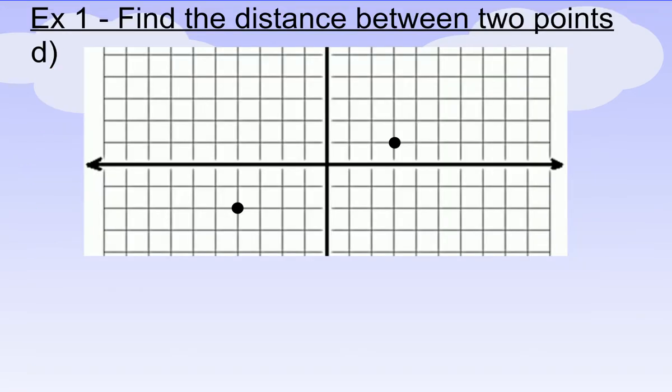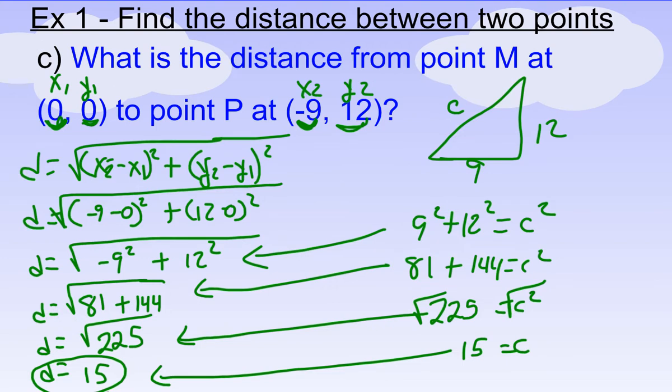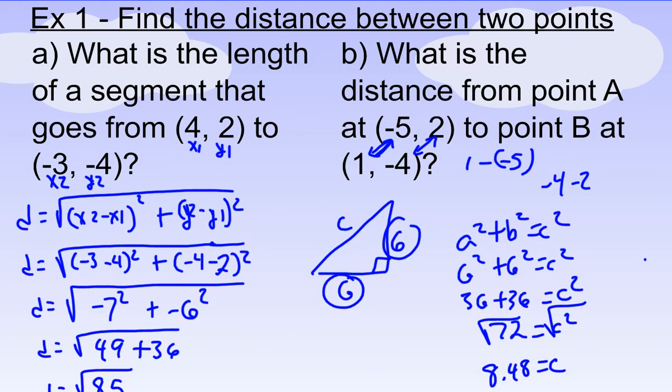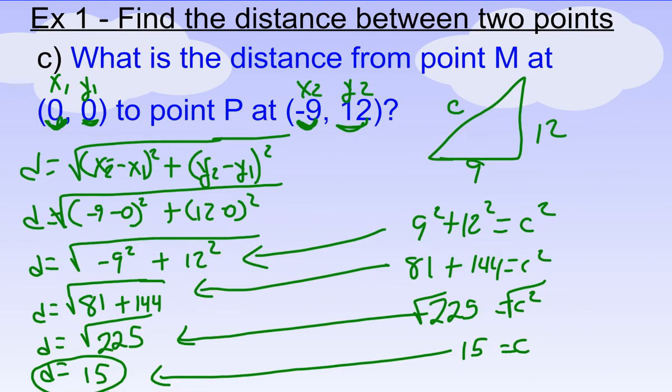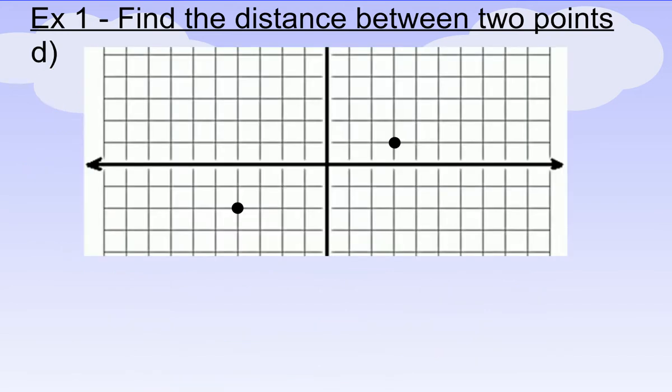Letter D. Now here I have just two random points. Now I have a coordinate grid, so I have x and y axis and stuff. And I want to find out what is the distance between these 2 points. I personally find in problems like the previous problems, where they just give me points, I would use the distance formula. I would find the distance formula a little bit quicker and easier. But in a problem like this, I personally would use the Pythagorean theorem. Because on a picture like this, I can draw in